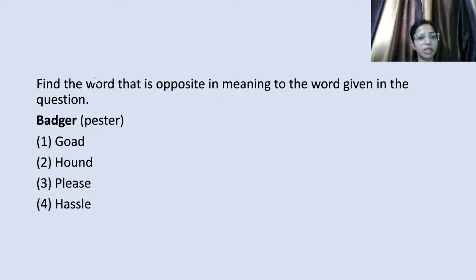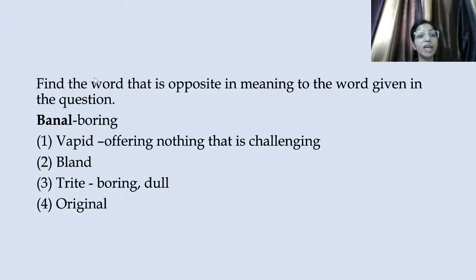Now let's move to the next question. Find the word that is opposite in meaning again to the word banal. Now, why I have written the meaning is because these are some complicated words which I would want you to